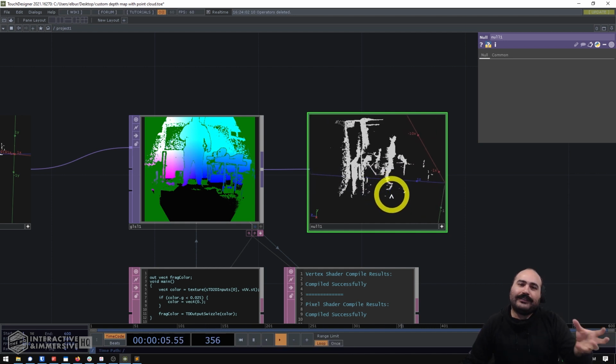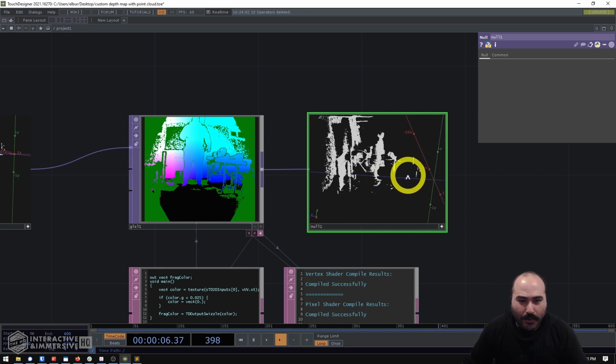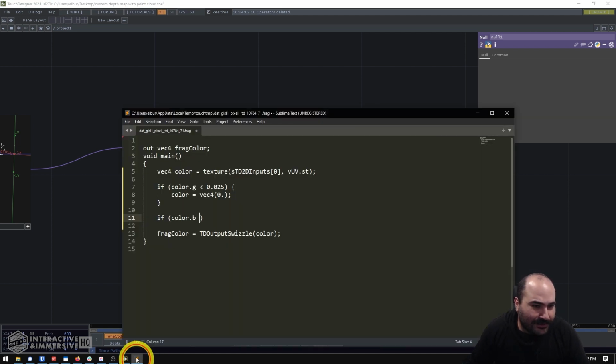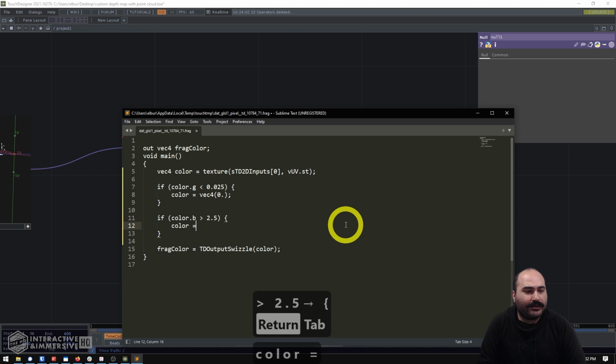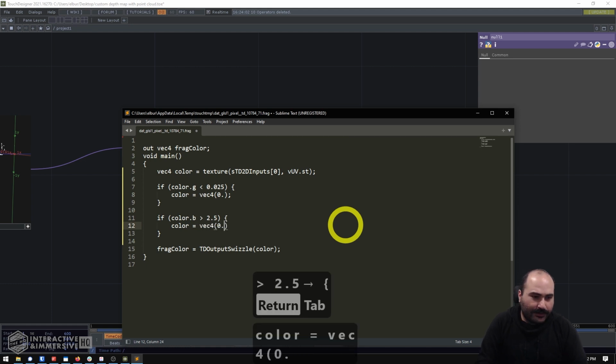Now you could do a lot of different steps to maybe make this easier, such as normalizing your point cloud in the steps previous. But in this case, I'm working quick and dirty and I just want to clip that back wall out. So what I'll do is I know 1 is here. I could probably guess that 2 is about here somewhere. So maybe 2.5 should start clipping that back wall out. So I'll say if color.b is greater than 2.5, and we can repeat that same process, color equals vec4 0